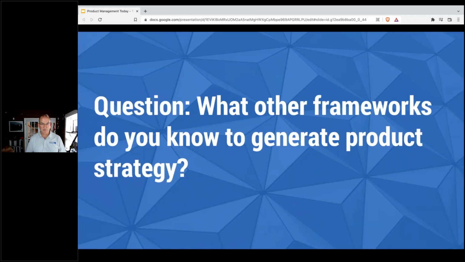So I'm going to pause there and ask another question. Now that I've shown 3 frameworks to generate product strategy, what other frameworks has anyone used or do they know that can generate strategy? So Rayvon, are you seeing any results? Not yet. Go ahead and get your answers in on what other frameworks you know to generate product strategy. Put those in the chat box and I'll make sure to see what they are. Ooh, we're finally getting some answers in. I have Kevin who says product canvas, Michelle that says mind mapping, add pricing strategy, North Star metric.